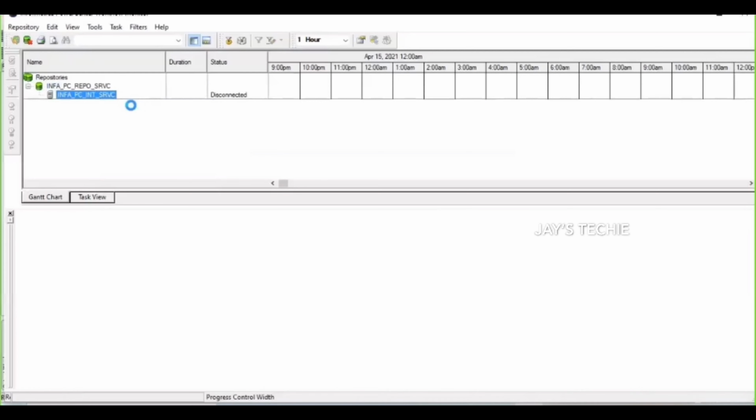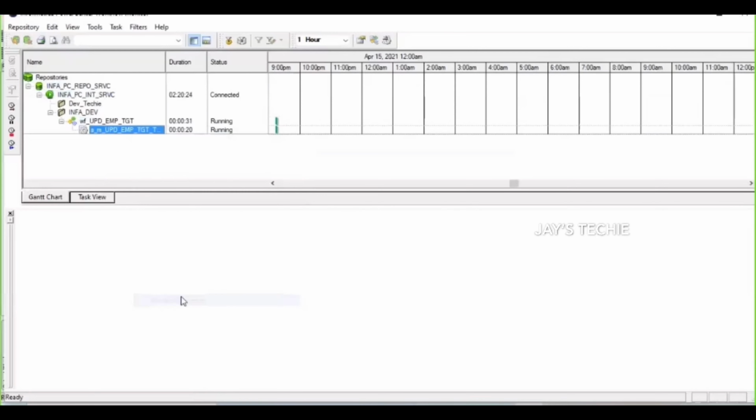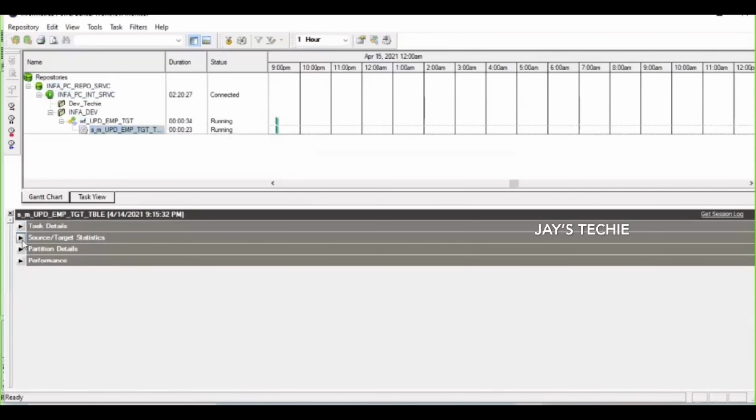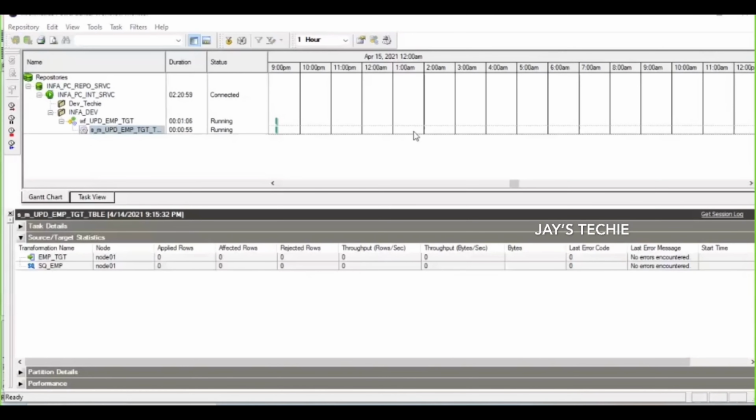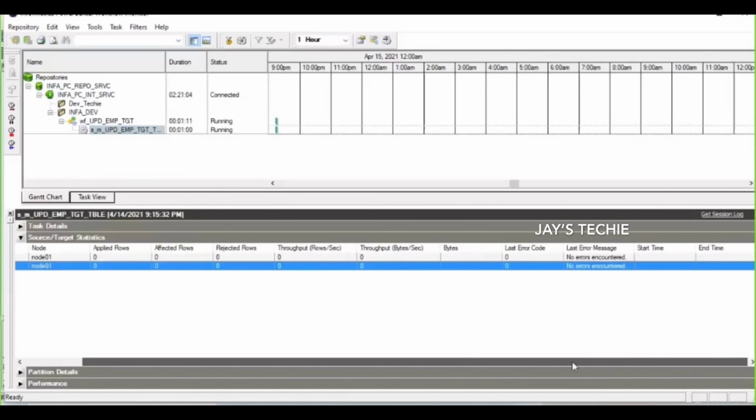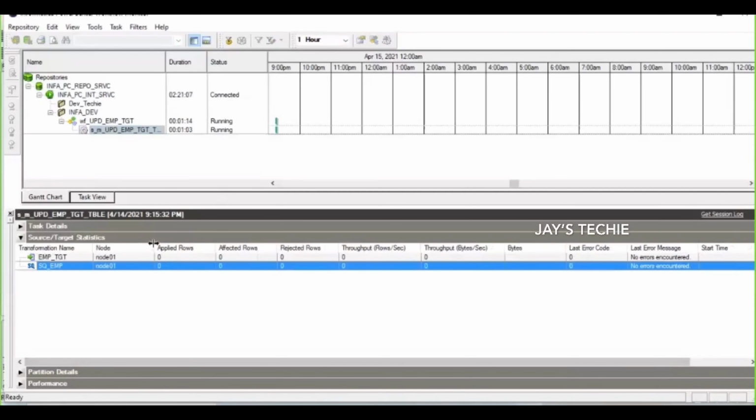Let's go to the properties and see the properties. Now we can see the stats over here. It shows how many records it is going to insert into the target table. This is for DD insert. Now we can see the source has pulled 17 records and the target also has 17 records. The job succeeded.